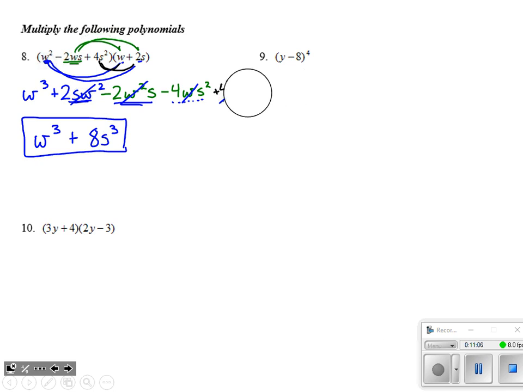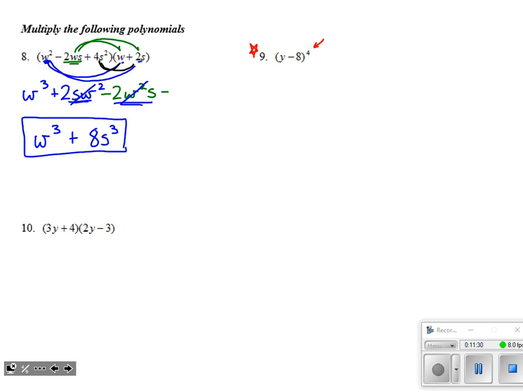For problem number 9, I would put a star next to this because on the test, I believe, if I remember correctly, we do not have you expand powers that are bigger than 3 when we're raising a binomial to a power. So this is a little bit more difficult than what you can expect to see on the test. But again, we want the practice to be a little tougher so that the test itself seems easy.